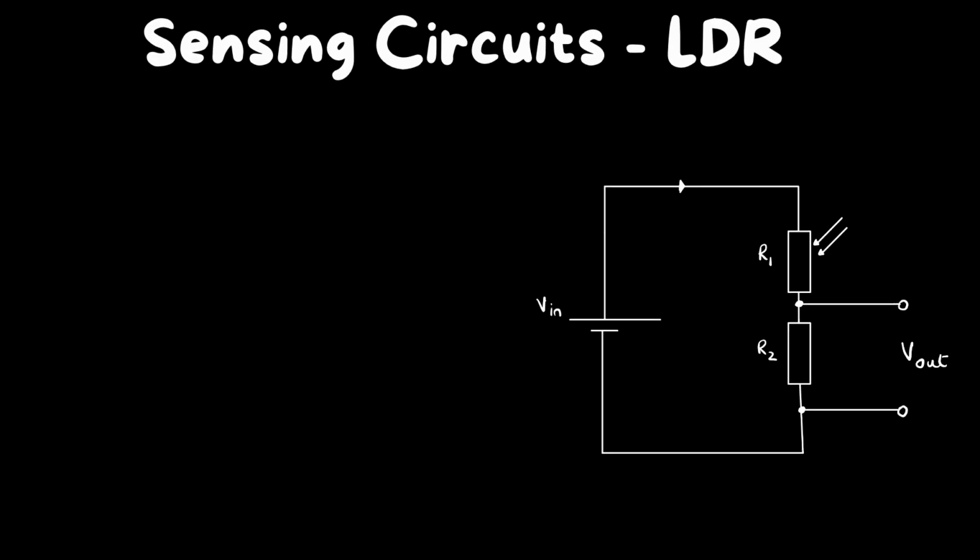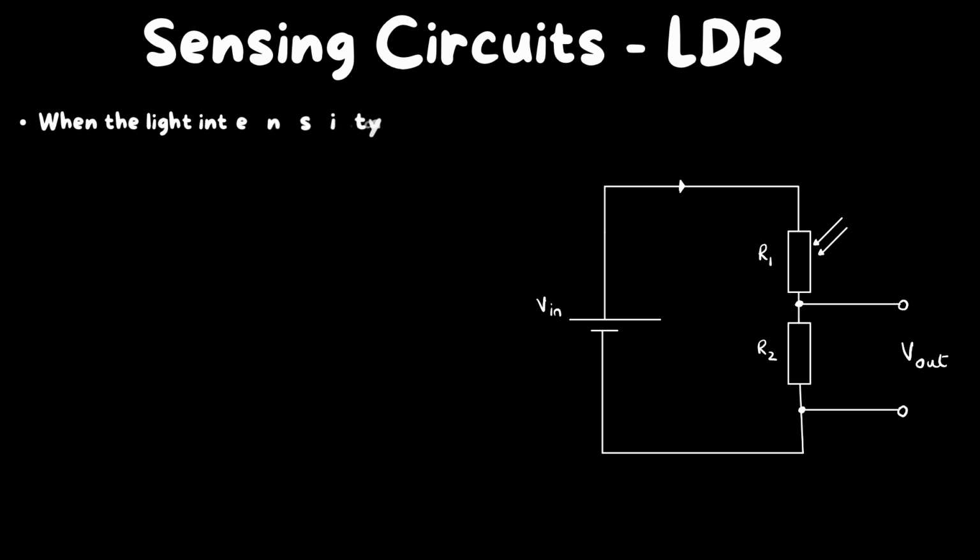Let's talk about the sensing circuits for LDR. Here we've got an LDR and fixed resistor R1 and R2 respectively connected in series, and we know that when the light intensity across the LDR increases,